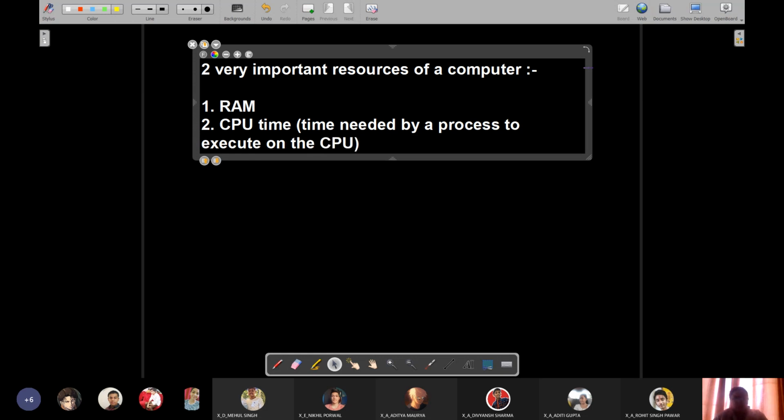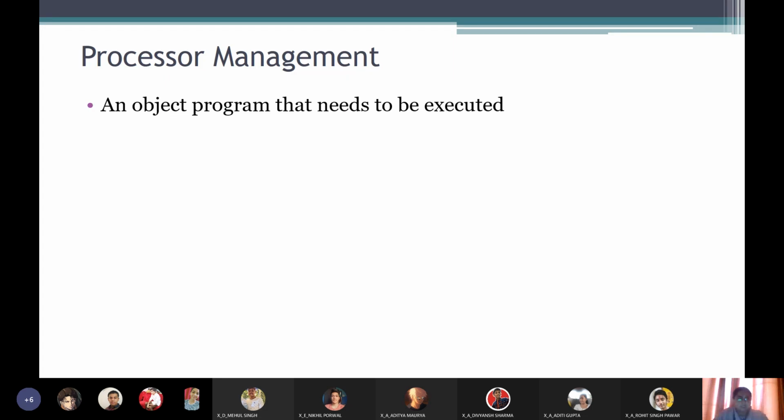So these are the two very important resources of a computer. An operating system's main task is to decide how the CPU time can be divided amongst the various processes, right? So processor management forms a very important function of your operating system.